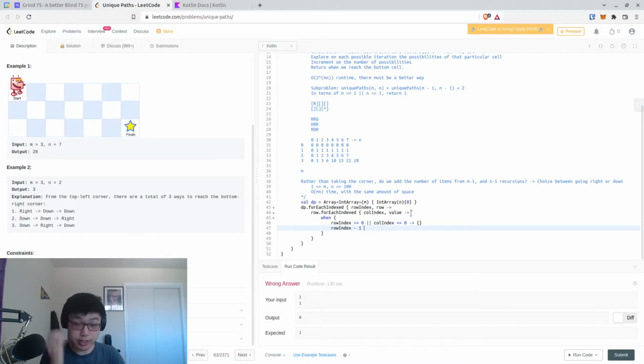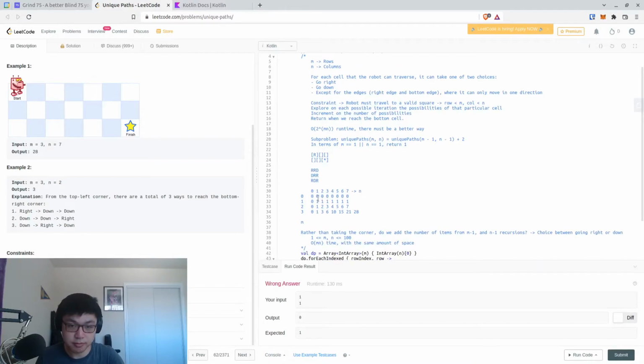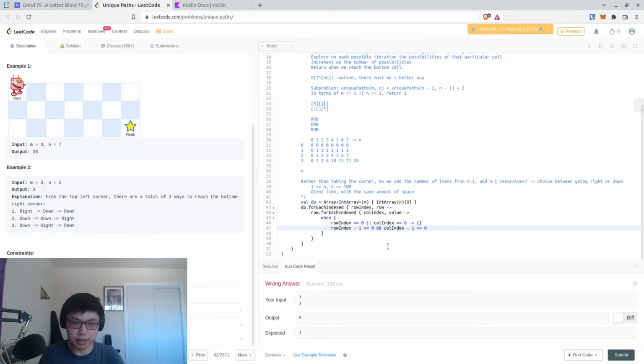Otherwise, if row index -1 is 0 and call index -1 is 0, or actually we want to do dp at row index -1 call index, and